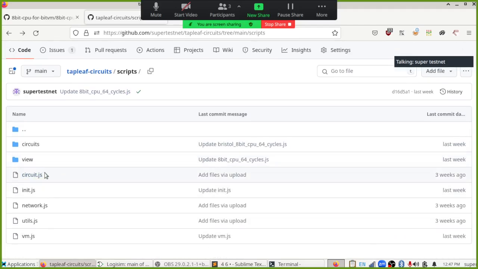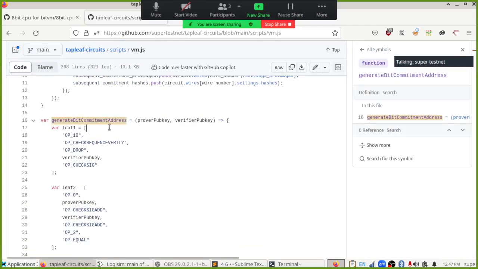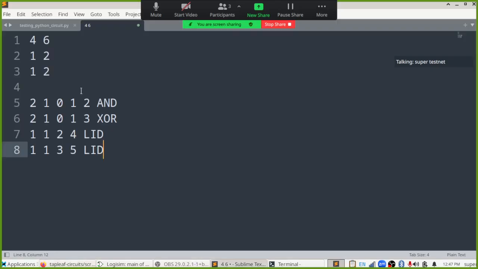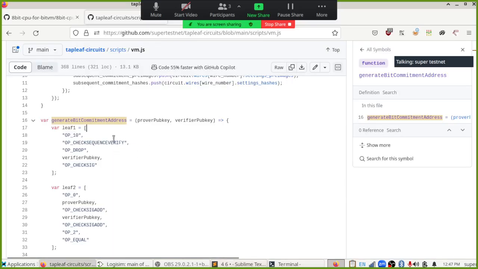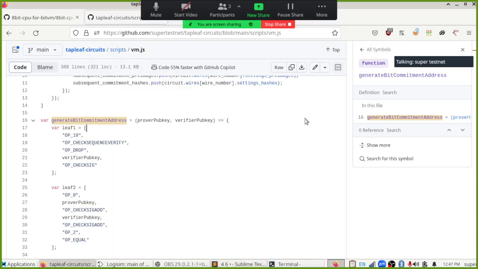And then I made this little program, I think it's in vm.js, which is able to take one of these Bristol fashion logic circuits that look like this as input and produce a corresponding Bitcoin address that encodes every line of code here as a tap leaf. So at this part, we're getting into Bitcoin, and I need to explain what tap leaves are. And to do that, I'm going to pull up a